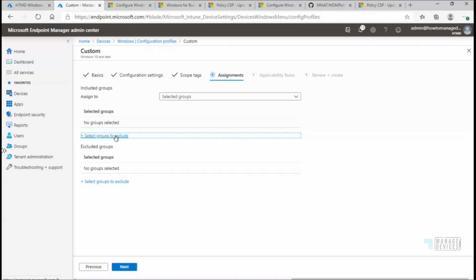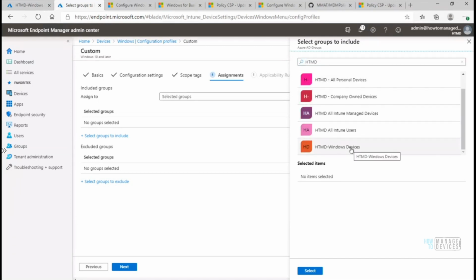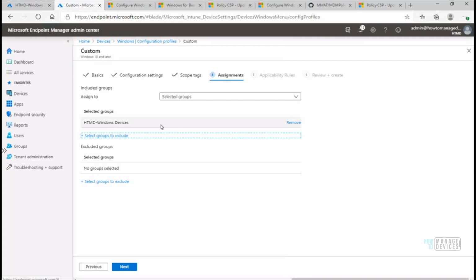So this is the assignment, right? You know now how assignment works in Intune, right? So you can assign this to the HTMD group, some groups, right? Windows device group, probably. Windows devices group. I want to disable this for all my Windows 10 devices, right? So I added that group. And if you want to exclude this policy for some of the devices, you can exclude a group, an AD group,